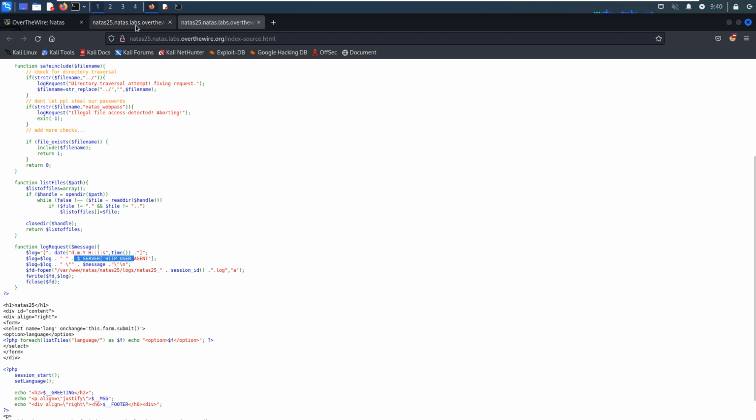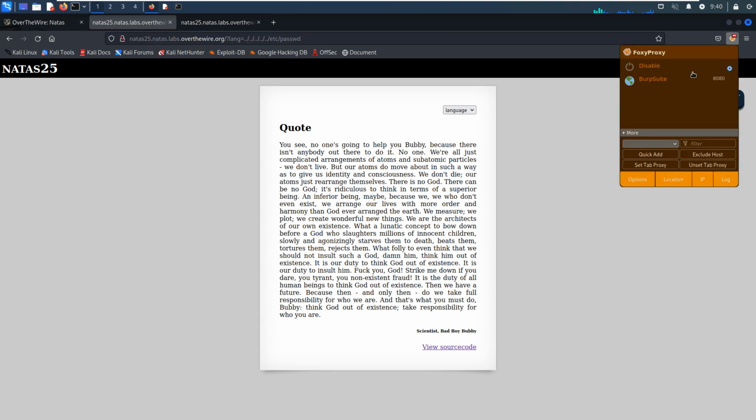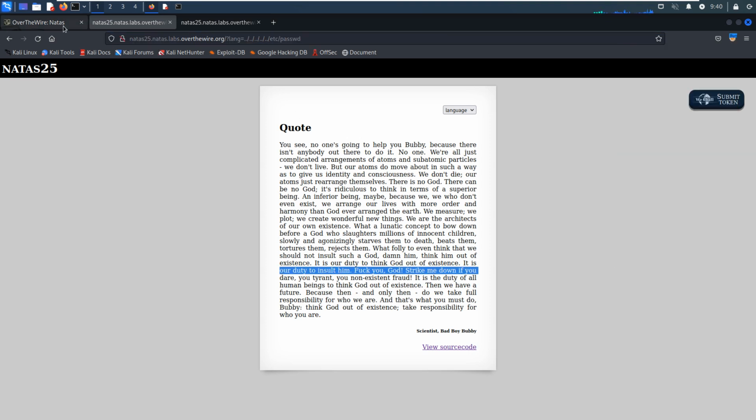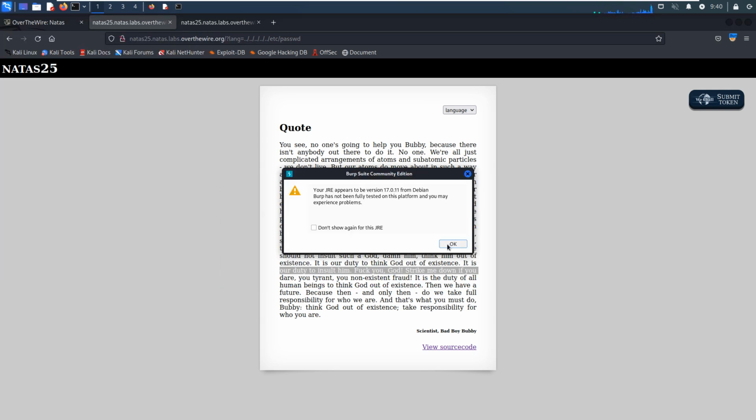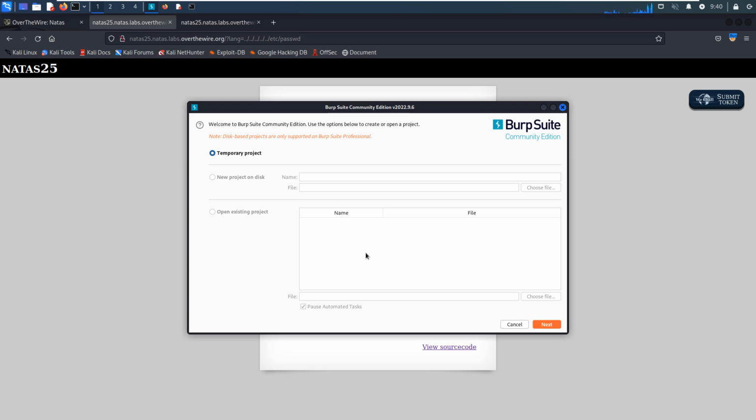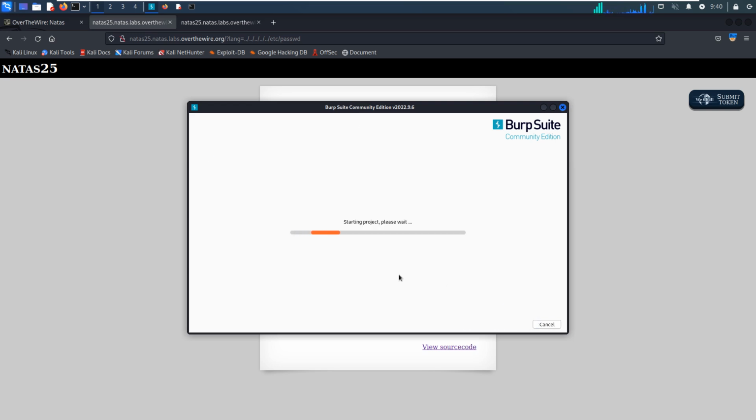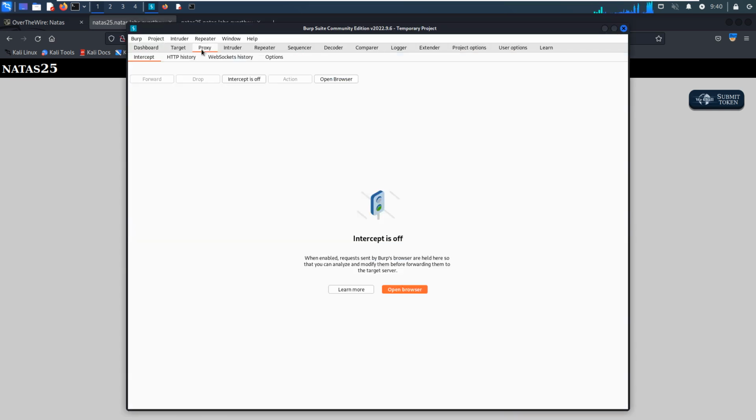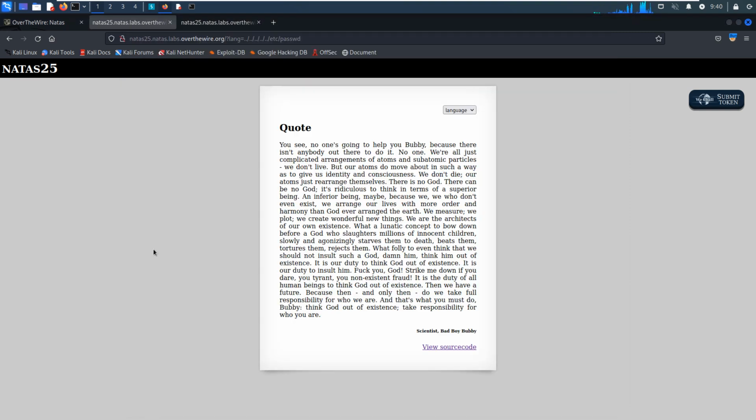Maybe I can enable the proxy, and then we can launch Burp Suite. Maybe different people will do this level differently, but let me show you my way. Start up Burp Suite. We set the intercept option to on, and we select English.